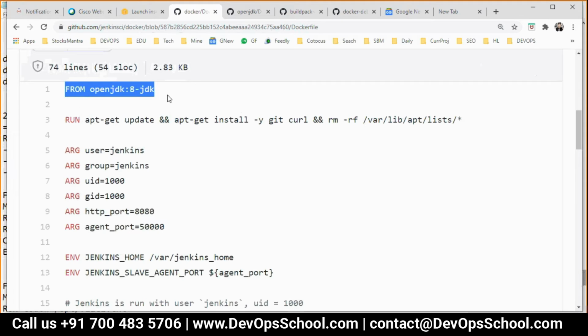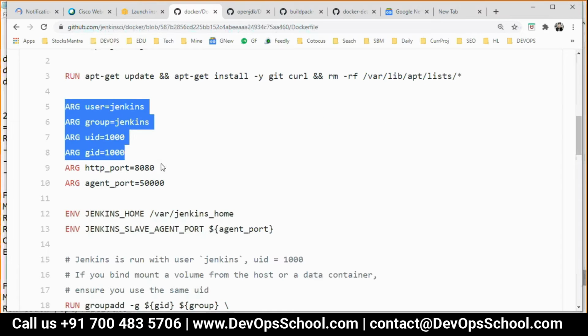Again, I'm saying previous layer, because you can create a container from the layers, from an image also, because an image is nothing but the representation of layers, and each layer has a parent layer. Understand? So RUN, we have used it.